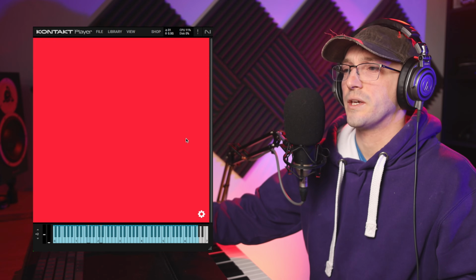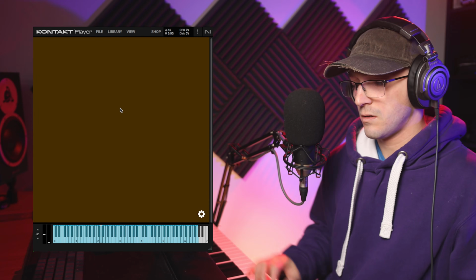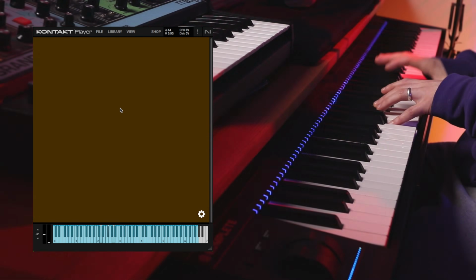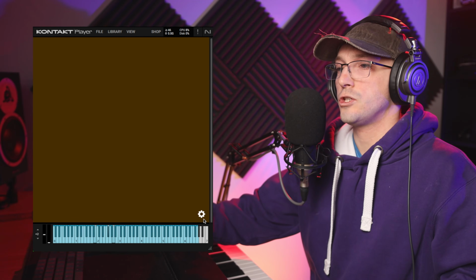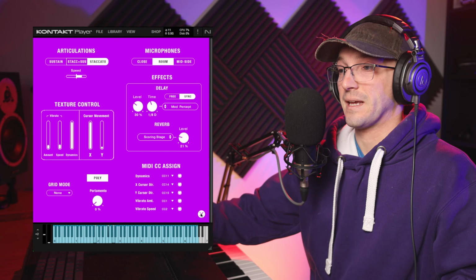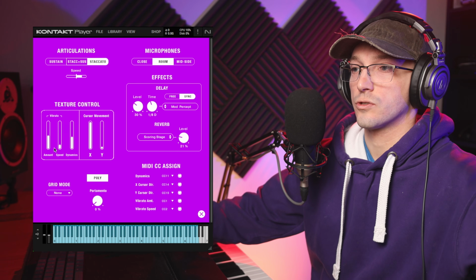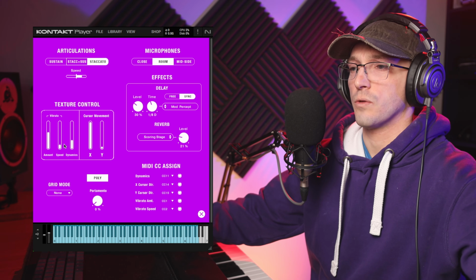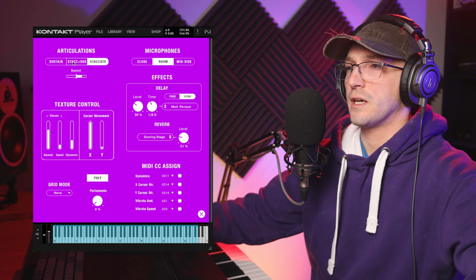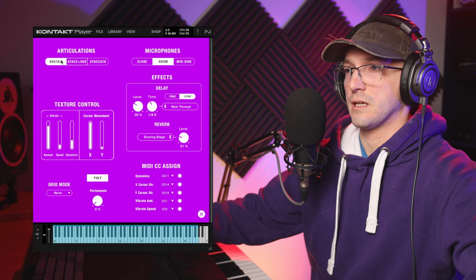Maybe a little bit of EQing with the strings. The brass is really nice. You do have control over dynamics as well. You'll note over here that's controlled by expression. Vibrato is controlled by the mod wheel, I should say. And if we move back into our sustains,